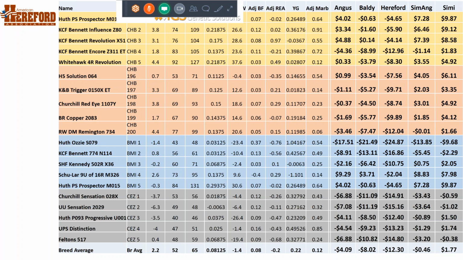And so it's capturing that. And to be honest, when we went through all these with the Hereford folks, they were very tickled. They felt this did a really good job. They felt like this ranked those cattle in a way that made sense to them. And so I just wanted you to know that those folks have seen these numbers and felt pretty good when